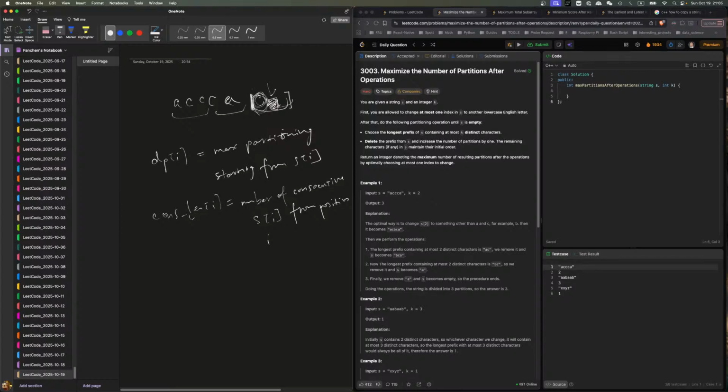So I know the number of uniques up to here. There are two scenarios. One, the number of uniques up until here is larger or equal to, no, it cannot be larger, it's equal to k, or it's smaller than k, right? We have only two scenarios. If it's smaller than k, then adding this will make it equal to k. So we can just keep moving on until we find,